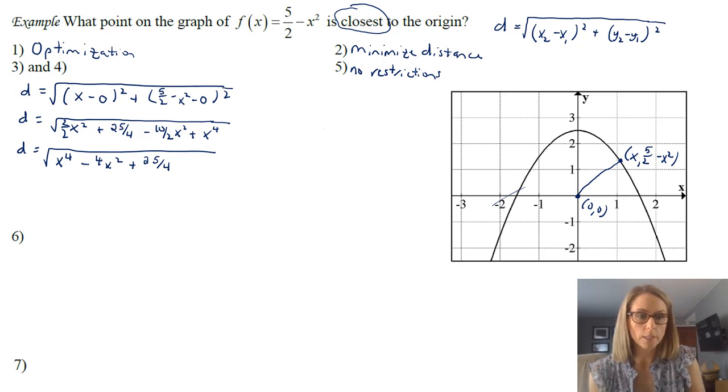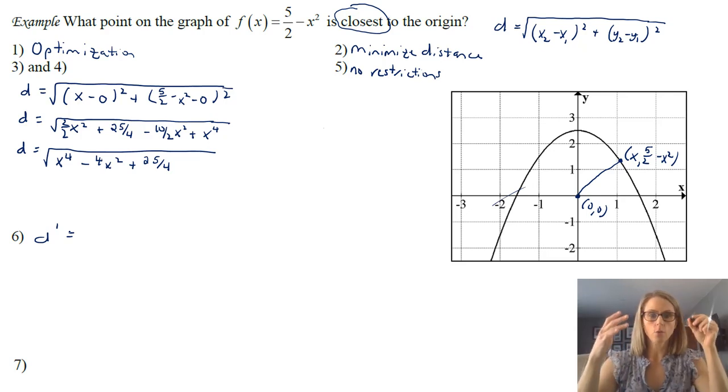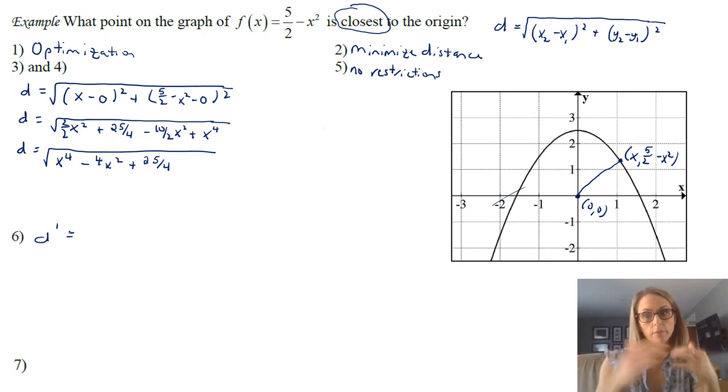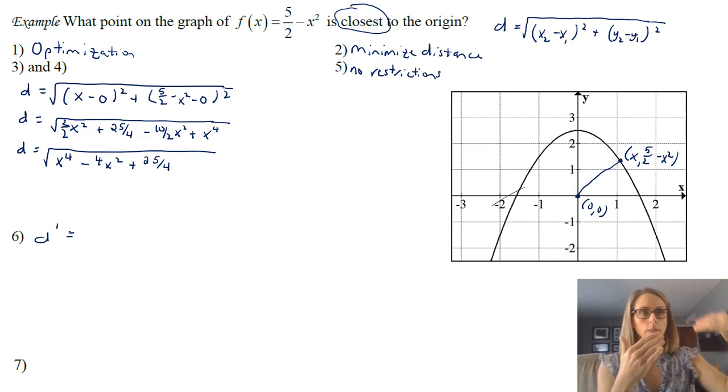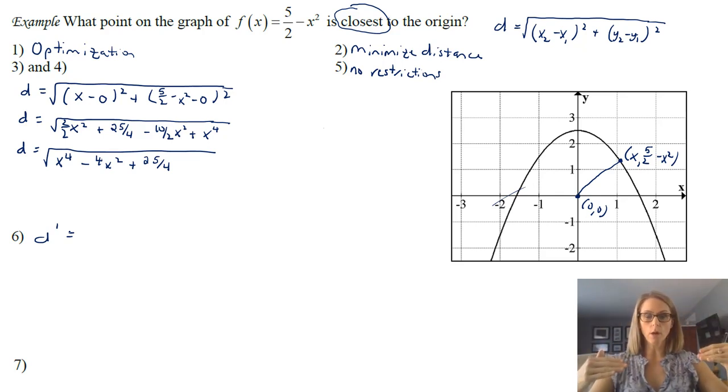So at this point, we now need to take our derivative, and the big thing with these types of problems is to understand that when you're trying to minimize something like this, I have something to the 1/2. So when I take the derivative, I'm going to end up with that same thing to the negative 1/2, which goes into a denominator.